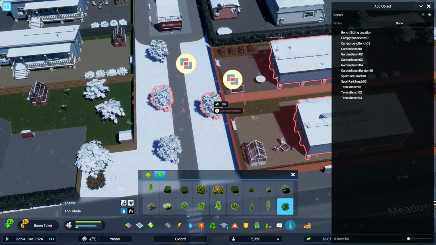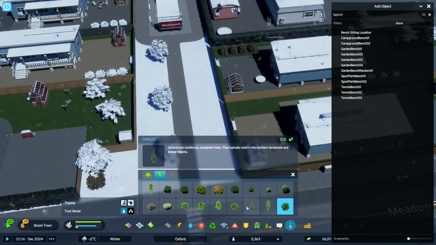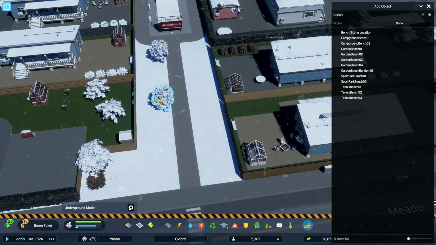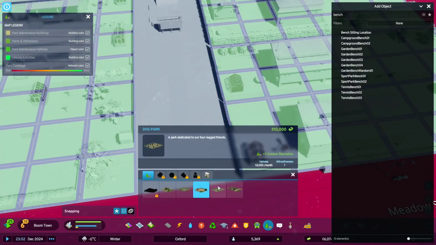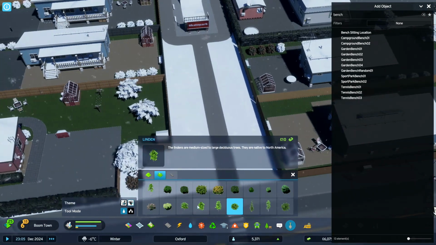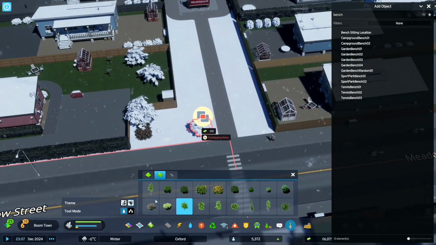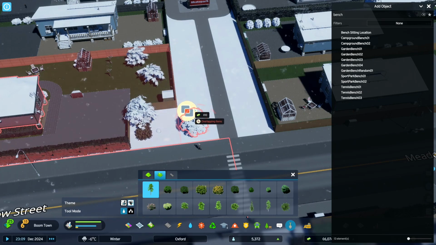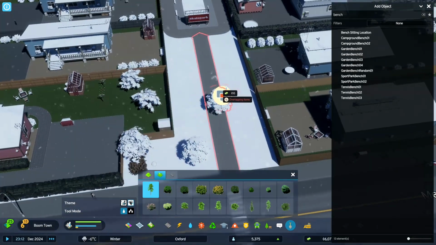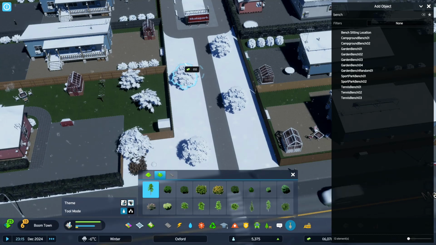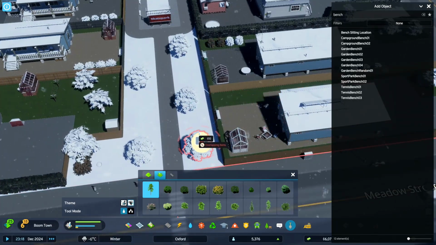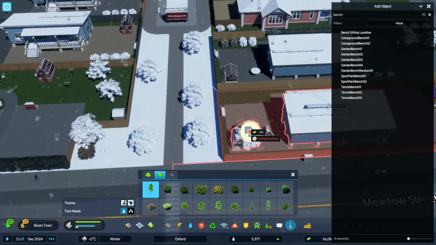And we can't actually fit them on the other side because of the radius around them. So decided to back those out. We'll go for something a bit smaller. So I think the pine is quite a bit smaller there. We can alternate it slightly, and we're not going to have the issue with those radius.